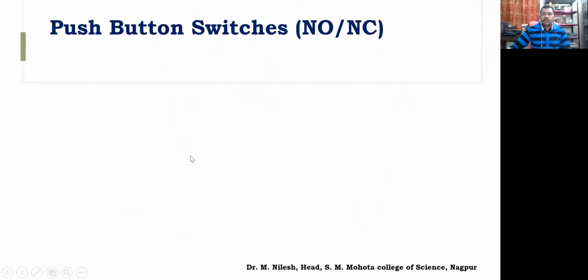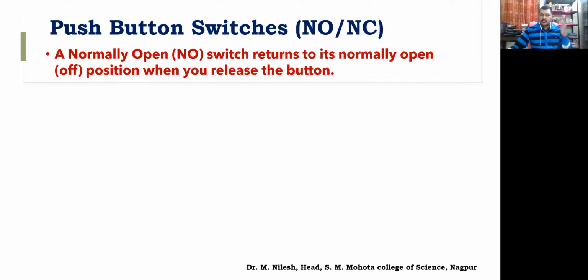Yeah. So this is the type of switch, and this is one more type of a switch which is called a push button switch, right? So push to on or push to off. So when it is pushed, whether it might be on or it might be off. So we have two portions. Normally open and normally closed, right? So NO, NC, normally open, normally closed, which means that, say, for first example, a normally open switch.